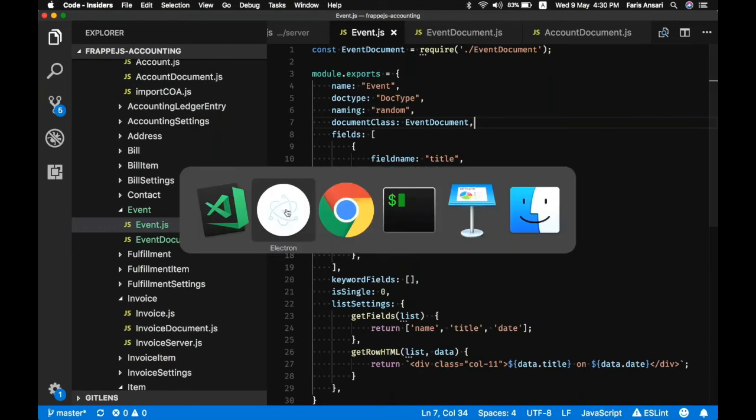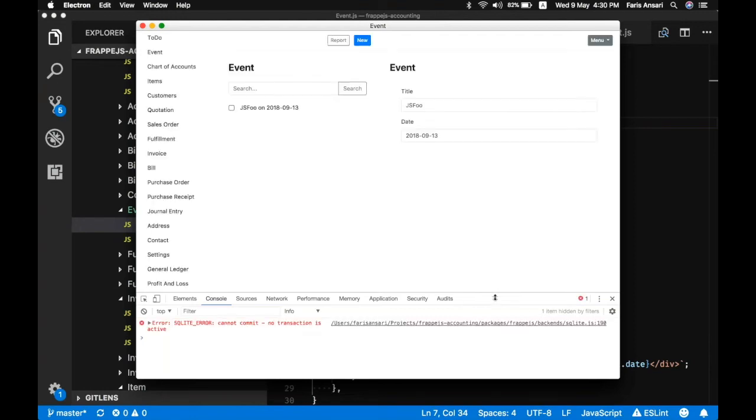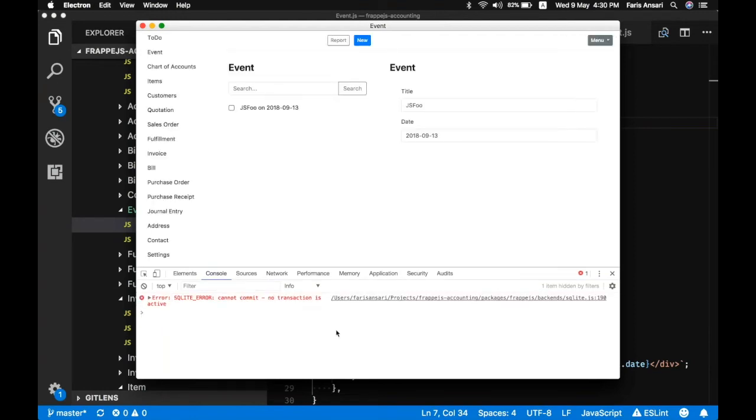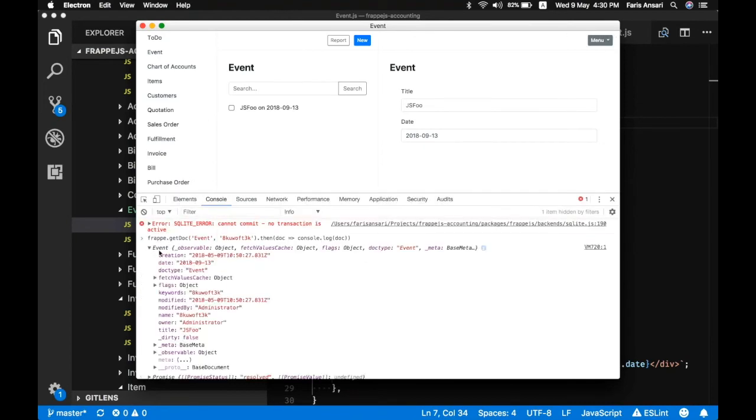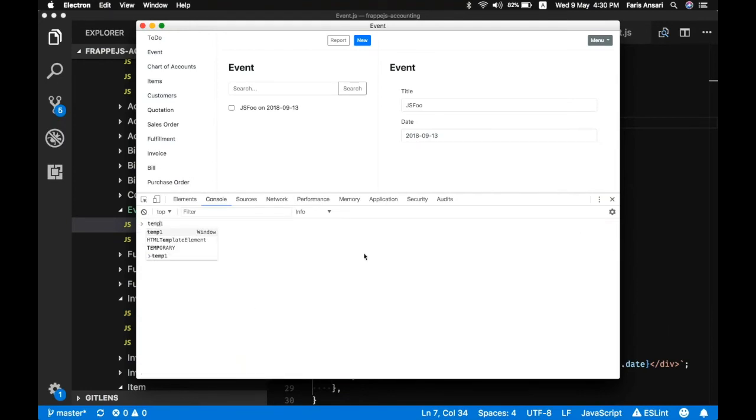Now let's reload. Now I'll do what I did before. I'll just do a getDoc. So now in this event object, let me store it. Yeah. Now I can access it in temp1. So temp1.alertEvent. We get that method here. So I can call it,